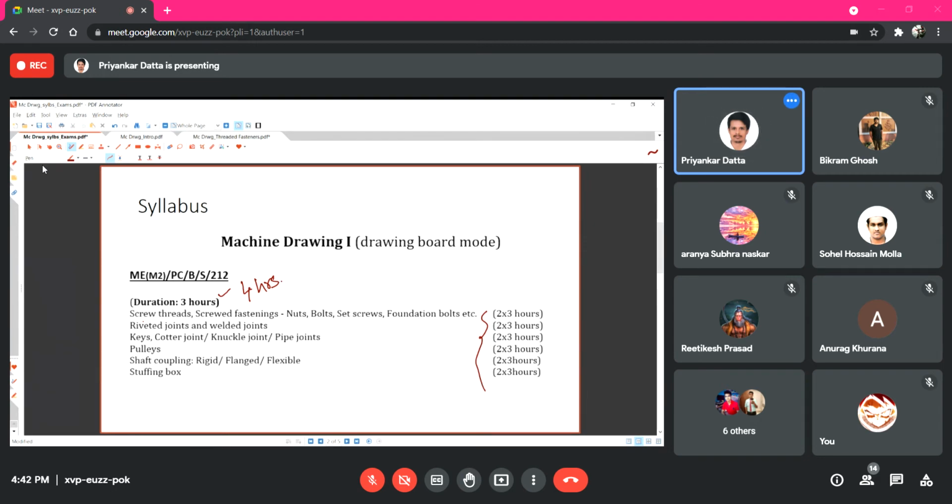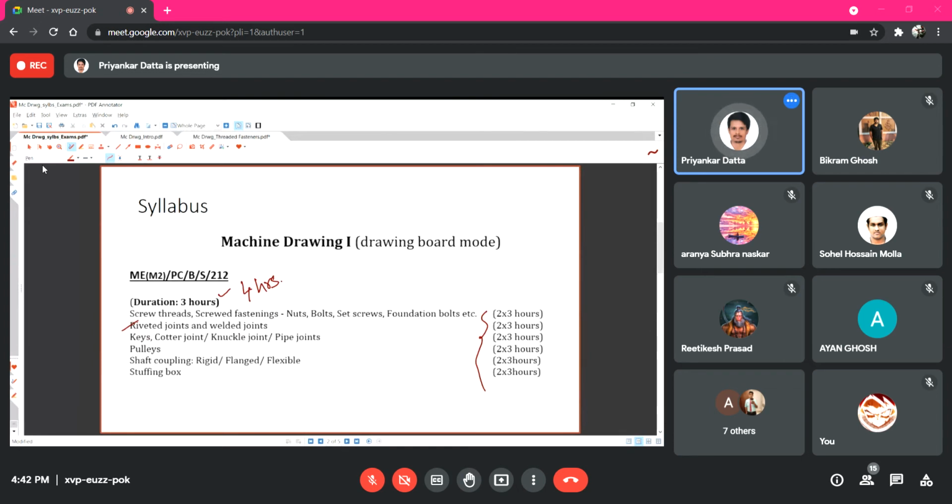If you have any queries or questions. So in this syllabus you will see some of the machine components or machine parts listed here. Our objective is to learn the basic functions and terminologies related to them, and learn how they are drawn in machine drawing, or how they look when we have completed their drawing. Screw threads is the first topic. There are some subtopics in it. Riveted joints and welded joints is another one.